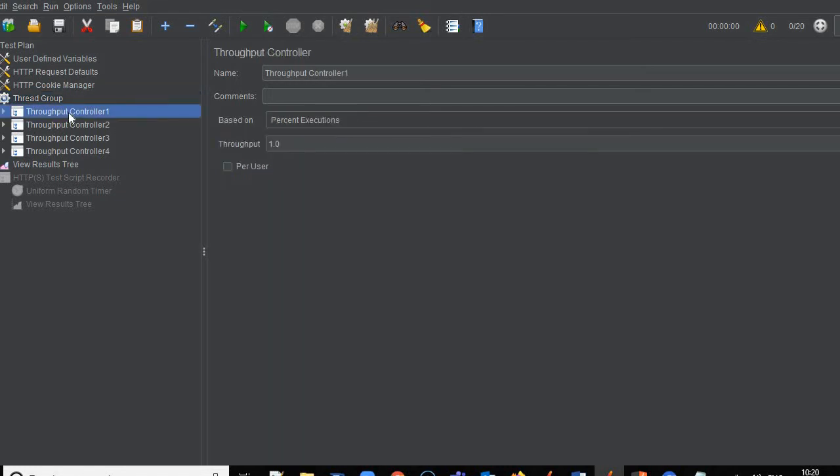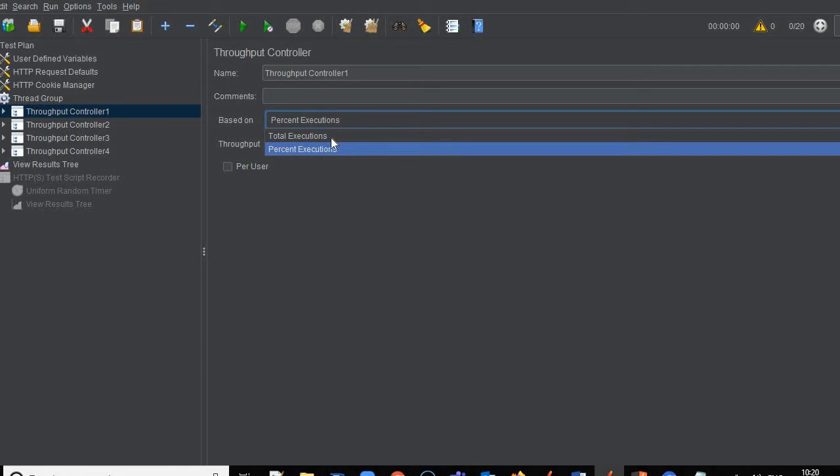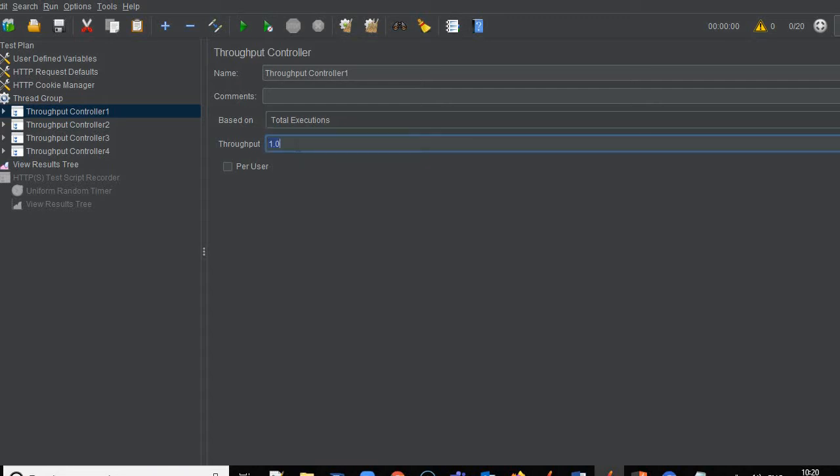But when we move to throughput controller, first we'll understand total executions. In total executions we need to give the number of executions we want for this particular controller, and the setting we make here will override thread group settings.